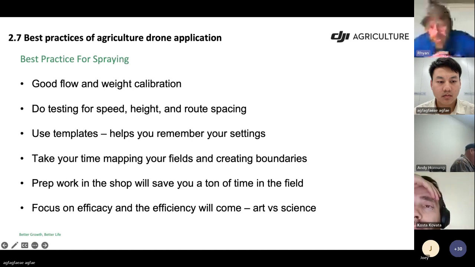There's so much going on. You're trying to remember so many things. Use the templates in there to make sure that if you figure out what works best for you on fungicide on wheat, then you know you can go back and spray those exact same settings on every field you spray